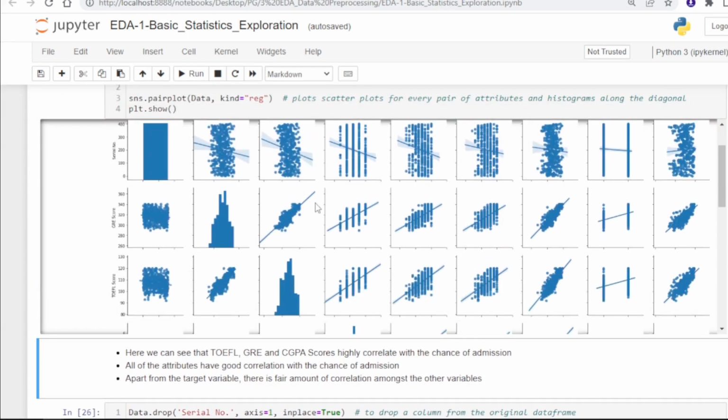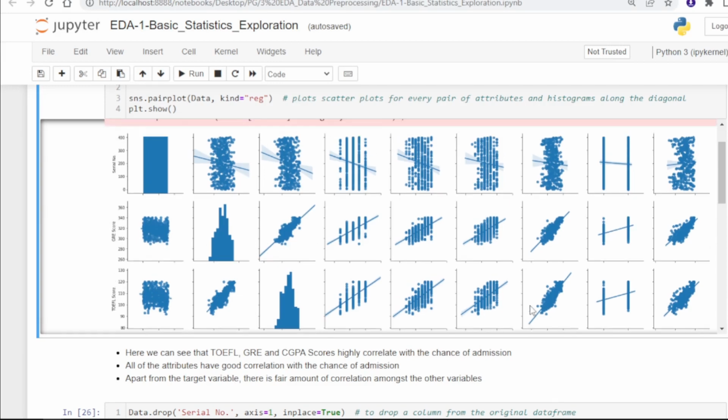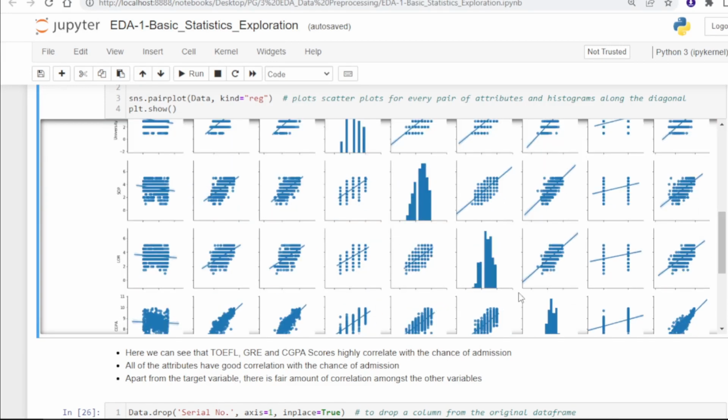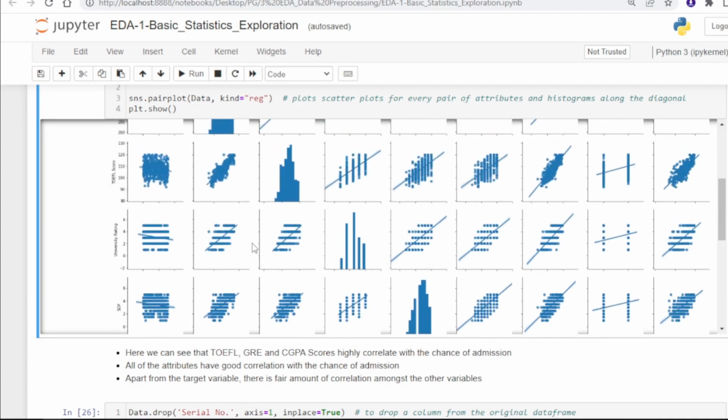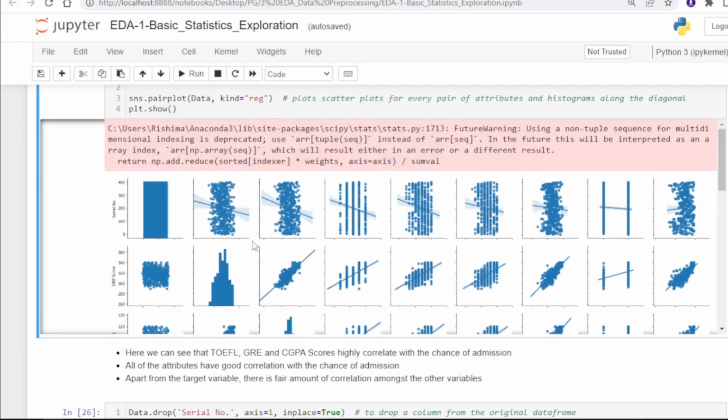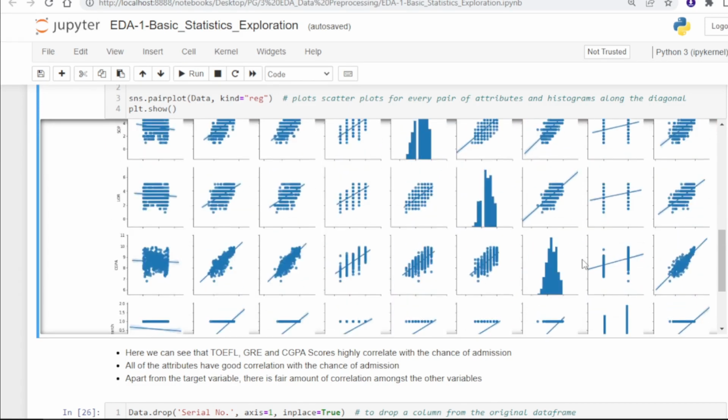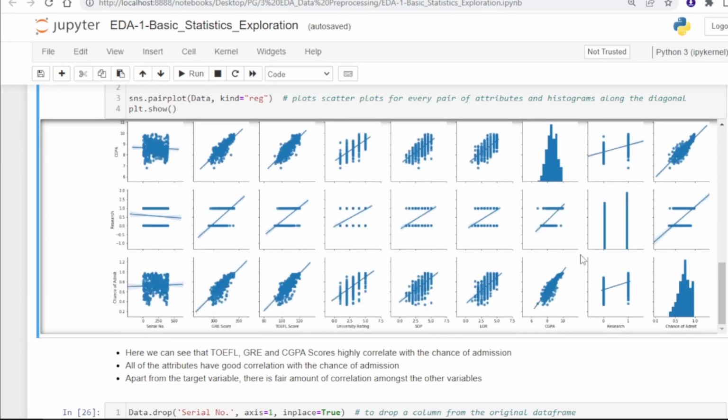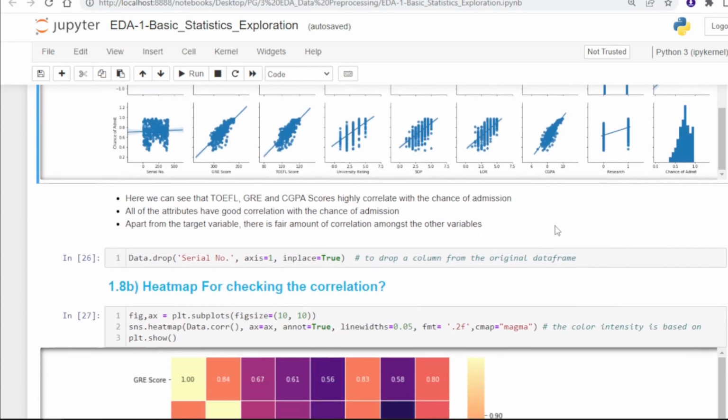You can see that the GRE score and all of the attributes have good correlation with the chance of admission, and apart from the target variable, there is a fair amount of correlation amongst the other variables.